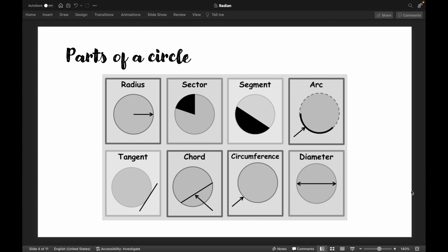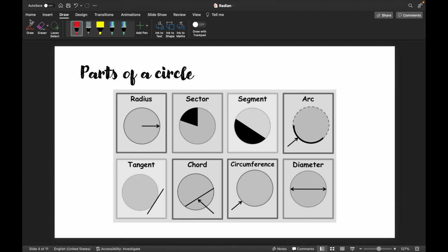And finally we come to tangents. It's a line that intersects the circle at exactly one point. So over here it cuts the circle at exactly one point. And then this forms, I mean, this forms 90 degrees. I'll show you, one second. So a tangent will form a right angle